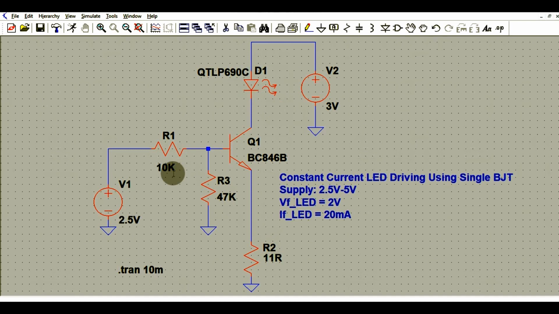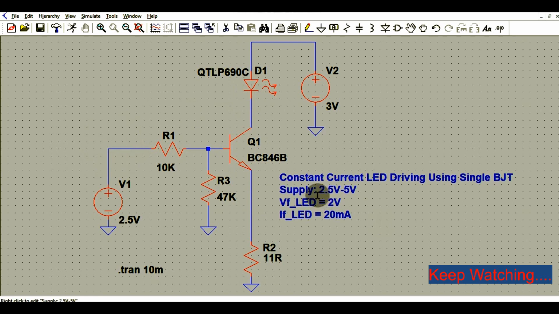This is also a digitally controlled circuit. You can connect the PWM or the digital output from the microcontroller here, and you can control this circuit. You can adjust the brightness of your LED, and whatever you want to show about the state of your device, you can control with the microcontroller.